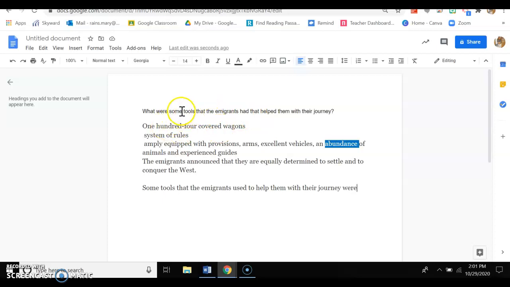And see how I did that? I basically took away the question word, so what, took away the question mark, and then I reworded what was there to match very closely. So this is the restate. I'm even going to put this restate part of it. And then this next part is going to be the